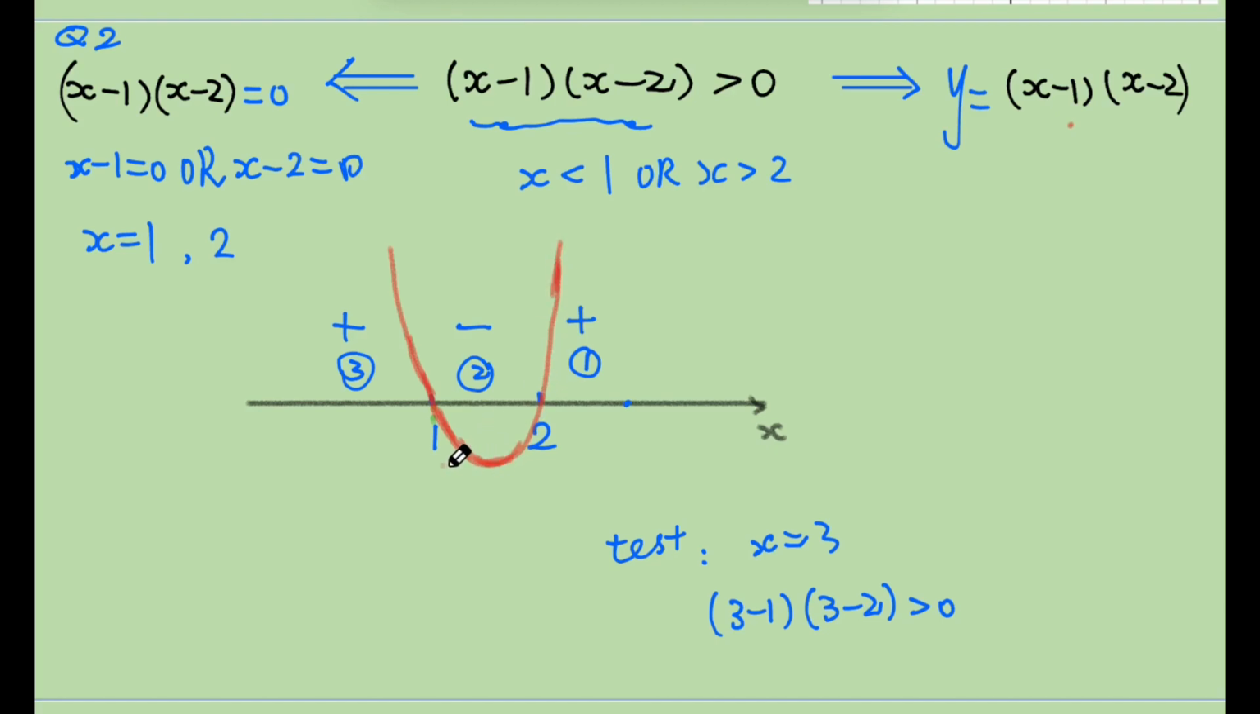There is one turning point, and this turning point is symmetrically located between these two x-intercepts. It means the turning point is at x equals 1.5. But we only need the sign diagram to solve the inequality. Now let's